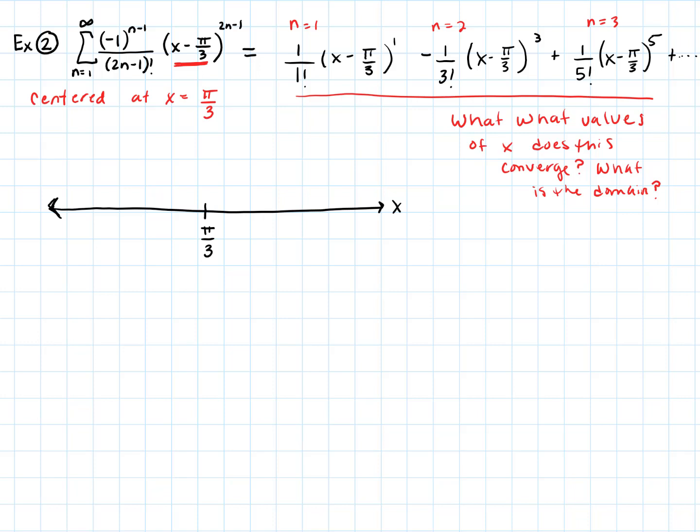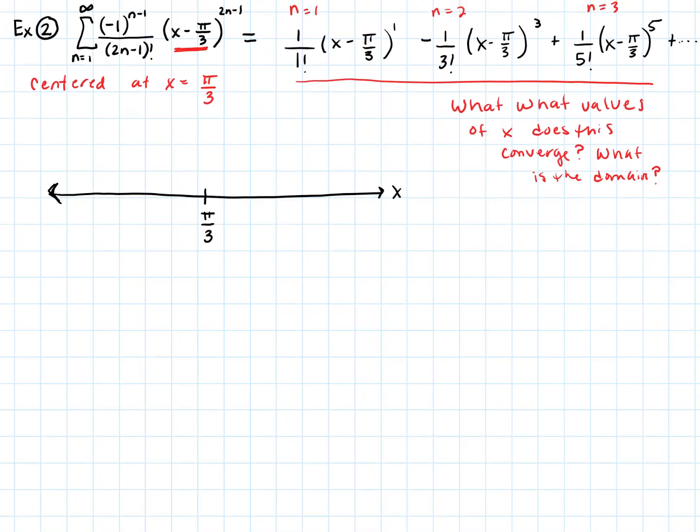So I already started out. I wrote the pi over 3. I wrote the number line. And now we're going to get in there and say, okay, well, what's the radius of convergence and interval of convergence? And to do so, I see that factorial. I think in my head, factorial. That's a great reason to use the ratio test. So I'm going to say let L be equal to the limit as n approaches infinity